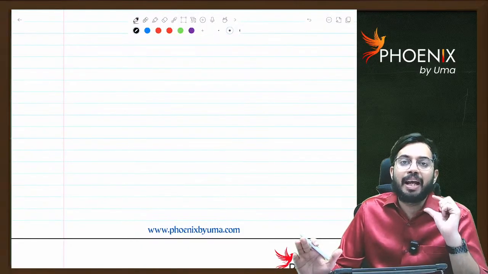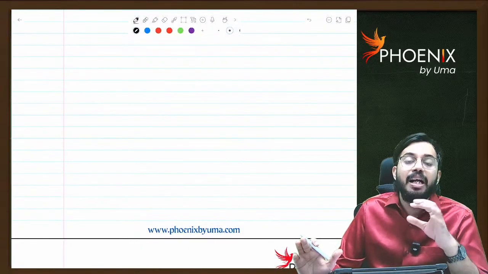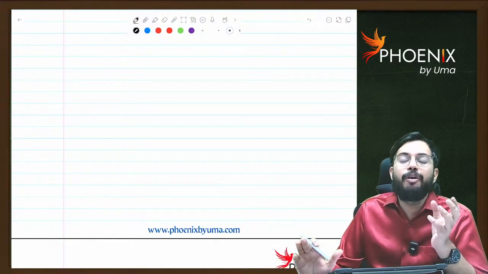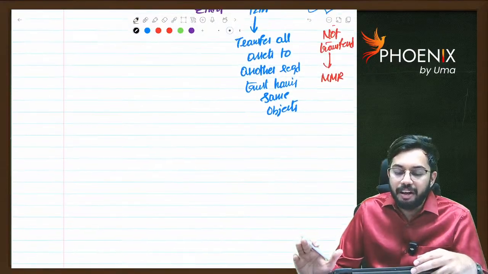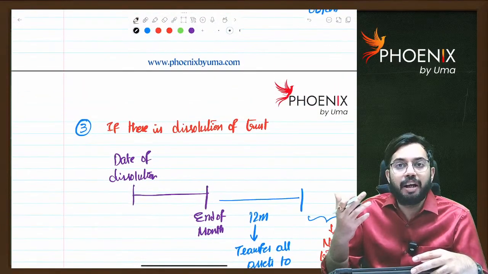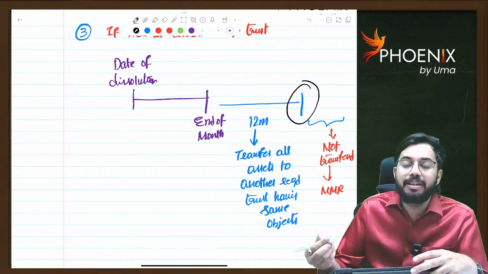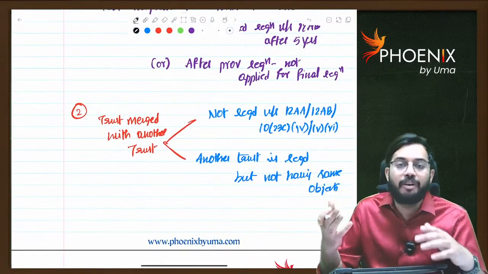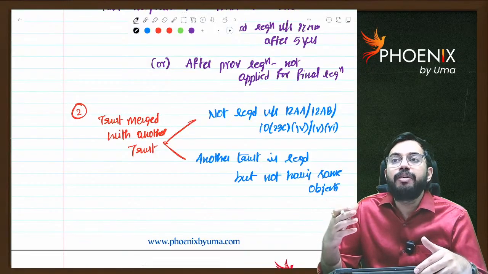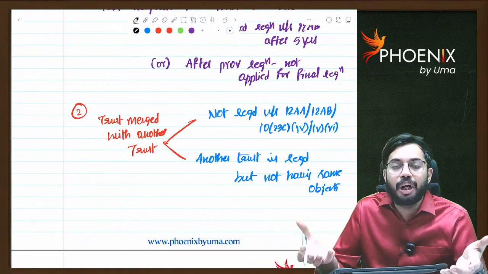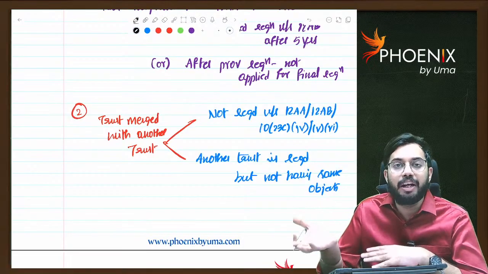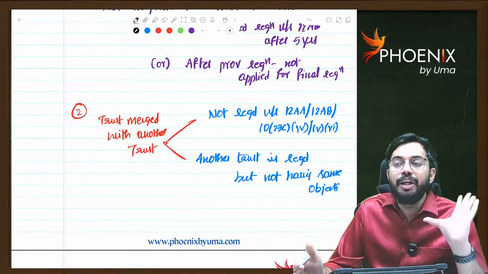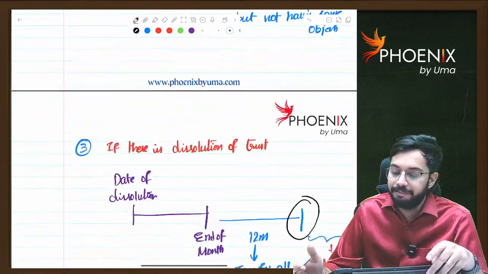See, whatever the tax at the rate of maximum marginal rate is there, that is required to be paid within 14 days. Are you able to understand that 14 days is required to be calculated from expiry of 12 months, you need to pay within next 14 days, or if there is modification of objects, from date of cancellation or modification of objects within next 14 days, you need to pay maximum marginal rate tax on accreted income. Otherwise, interest will be levied.